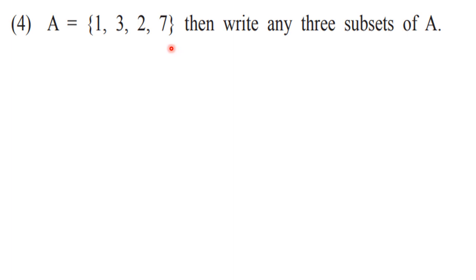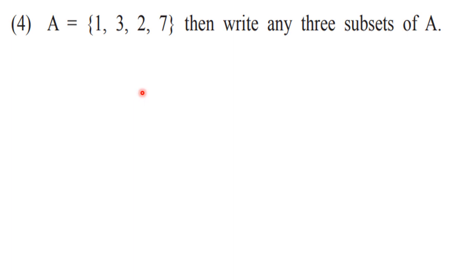If you recall the properties of subsets, there what we stated is that null set is a subset of every set. That means we are going to start with null set. That means empty set. A set with 0 element. Then here you have 1, 2, 3 and 4 elements. So 4 singleton set you can write down. Then you can write down set with 2 elements, set with 3 elements, and finally the set itself also is a subset. Okay, that means A is subset of A. This we have studied in the property. So here in this way we can write down total 16 subsets.